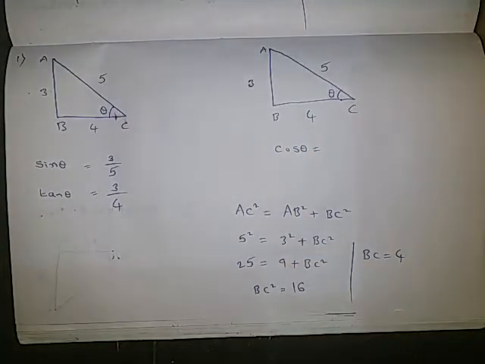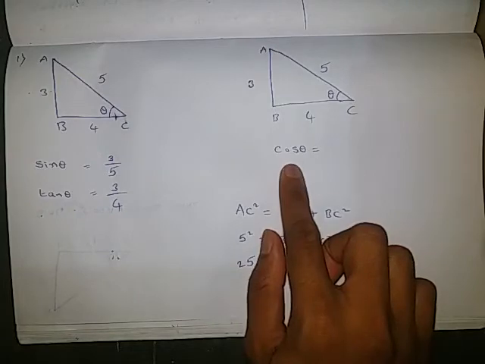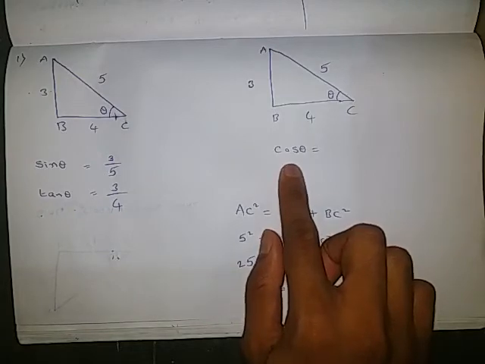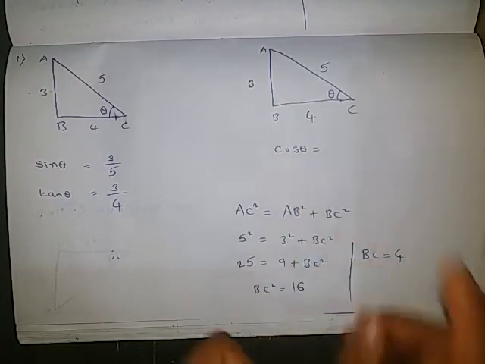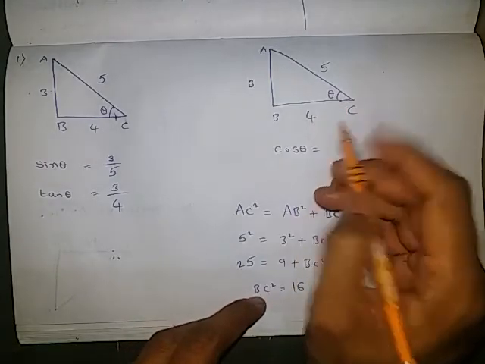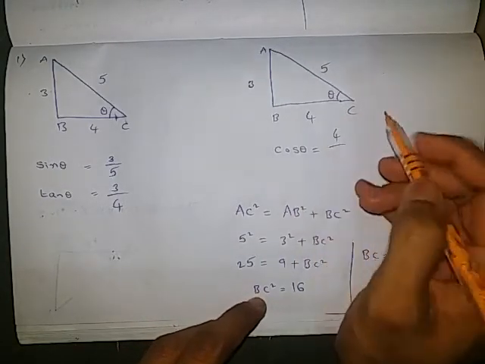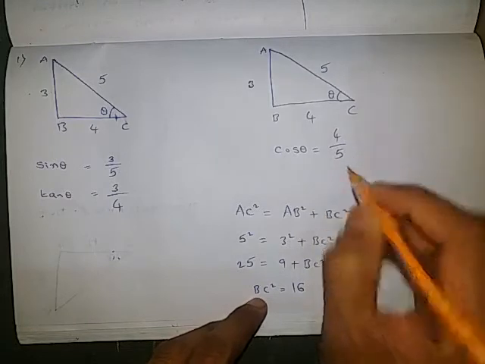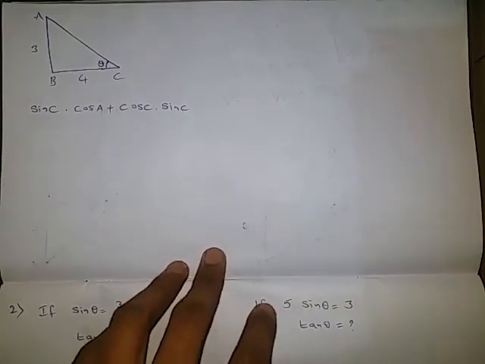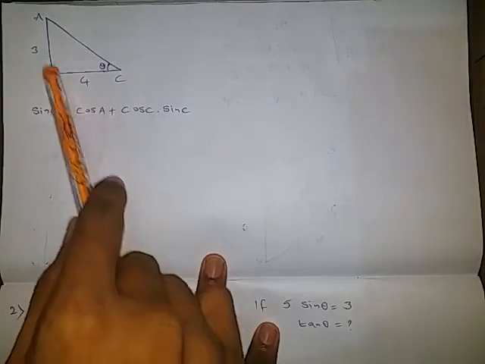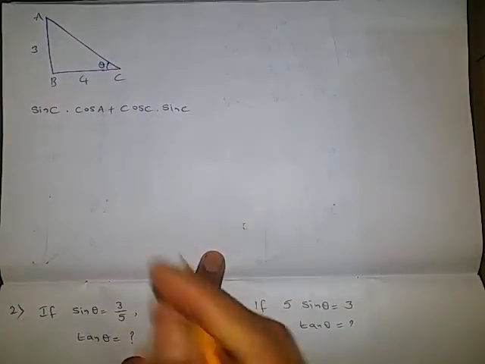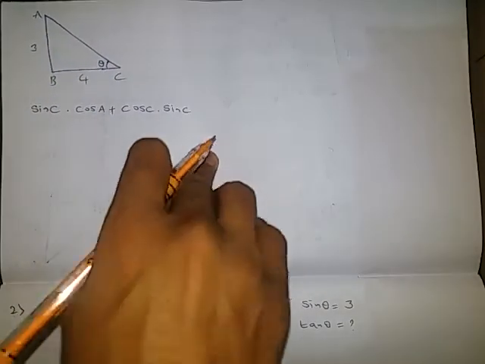Then he is asking to find the cos theta value. Cos is nothing but adjacent by hypotenuse. So for this theta adjacent is 4 divided by hypotenuse is 5. Okay, let's move to the next question. Okay, the next type of question is, he will give all the 3 values, otherwise any 2 values, and he will ask you to find a big question like this.